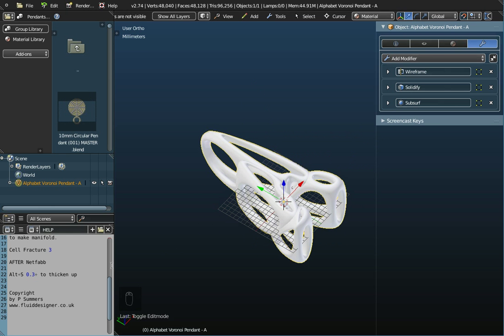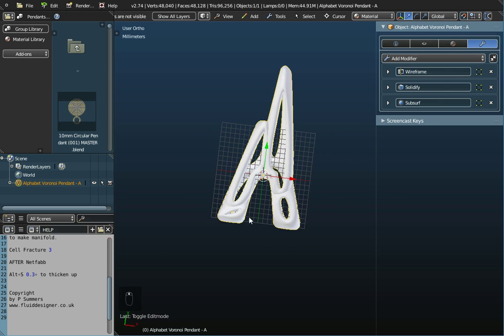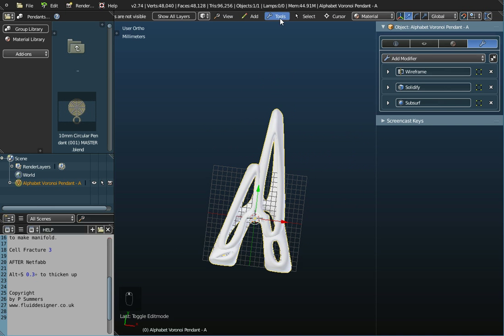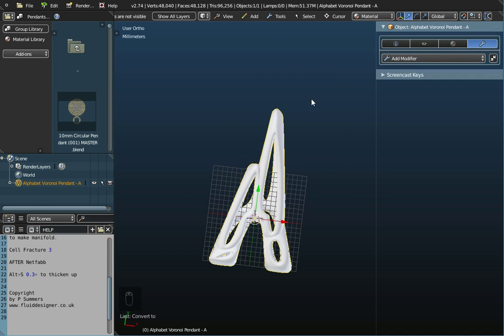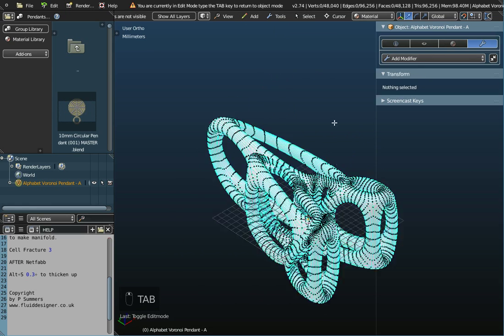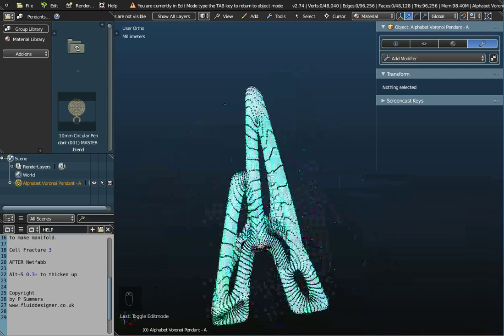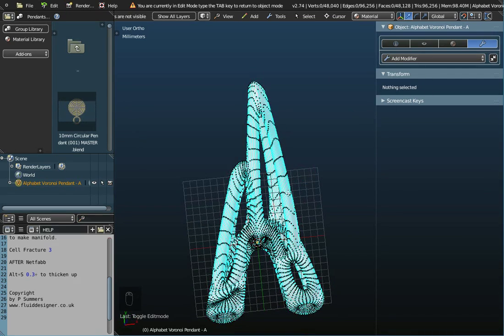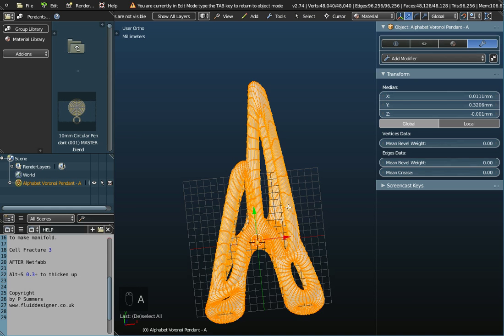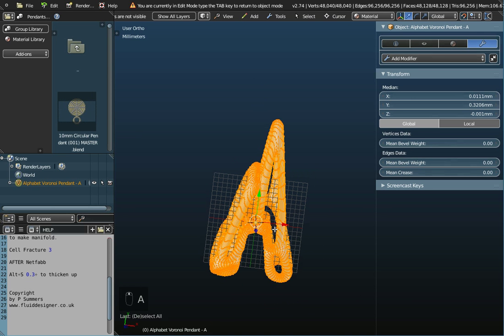But again, let me just remind you that if you want to 3D print this object, you do need to go to Tools, Object Tools, and convert it to a mesh. And when we press the tab key this time, you'll see that it looks quite different now. It is a converted mesh now. The modifiers have been applied. And if we press the A key on the keyboard to select all of it, and we want to thicken this up again, so if I do Alt and S, and it says 0.3, well, if I try 0.3 first of all,